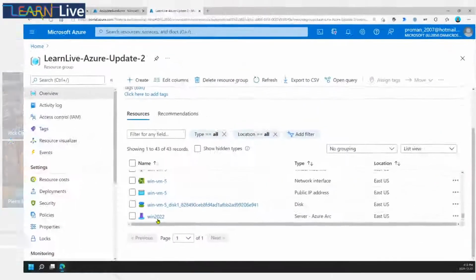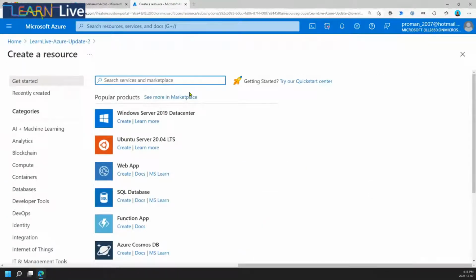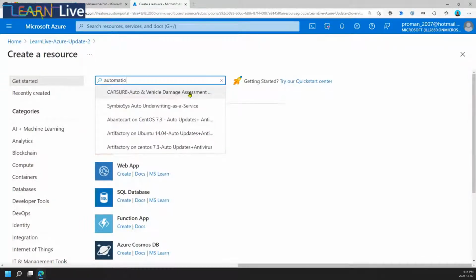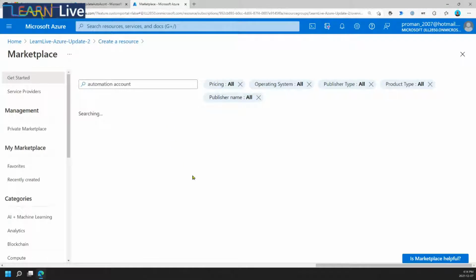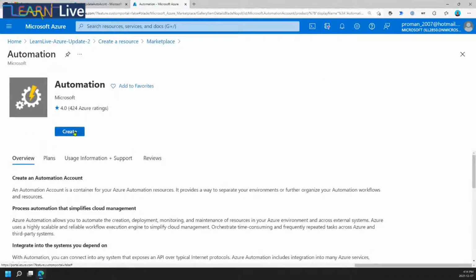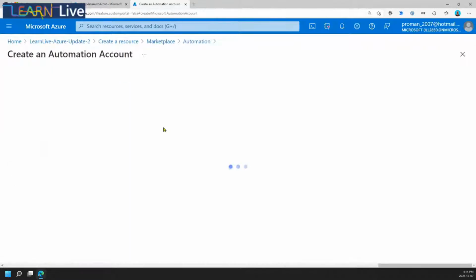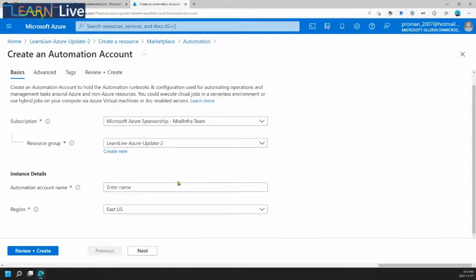Right. And in this case, all we have to do is create our automation account. So I go plus for adding a resource and search for automation accounts. It searches the marketplace and will come up with automation right here. Now, once I have that, I just hit create. This is a pretty straightforward setup. I will give it a name. So I'm going to say AZ